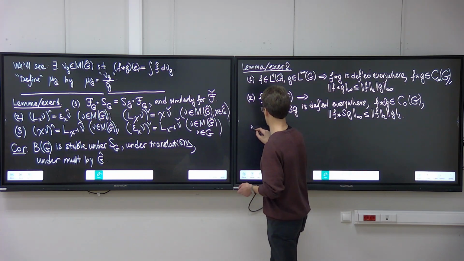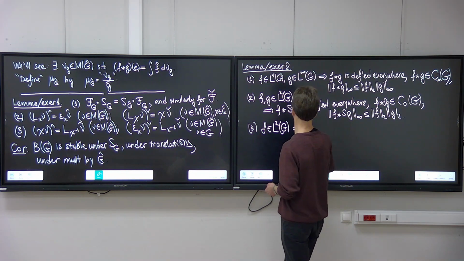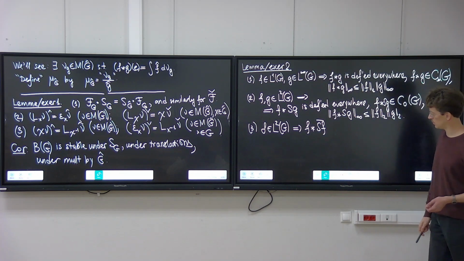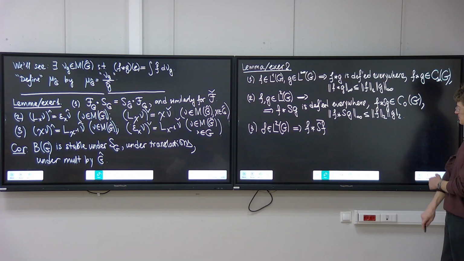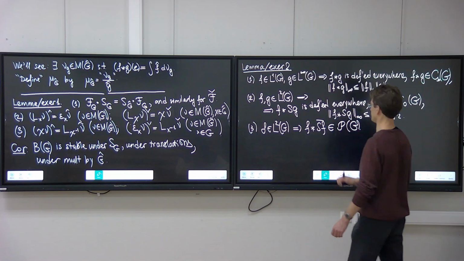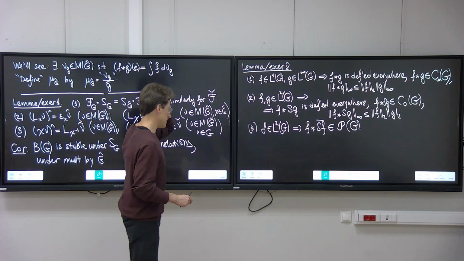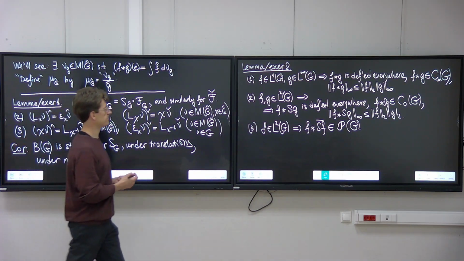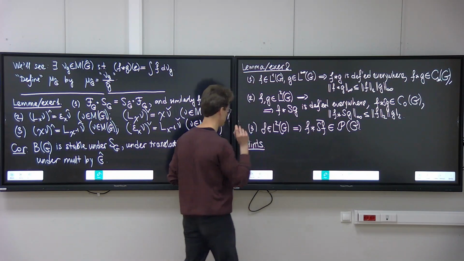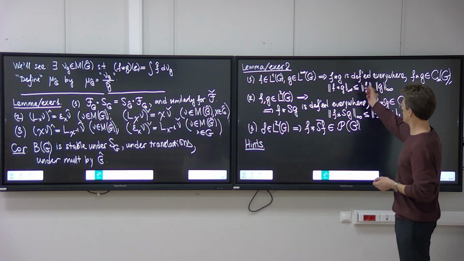And finally, property 3, if f sits in L2 of G, then the convolution of f and Sf complex conjugate, which is by property 2 defined everywhere, this function is positive definite. Let me give you some hints for the proof. I hope you'll be able to reconstruct the details rather easily, but nevertheless, what is essential here, if you write